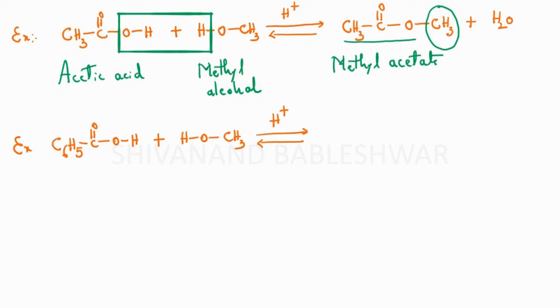We have to cleave the OH part of this carboxylic group and the hydrogen of this alcoholic group, and this will be eliminated in the form of water, and we write our product C6H5 C double bond O OCH3 along with the formation of